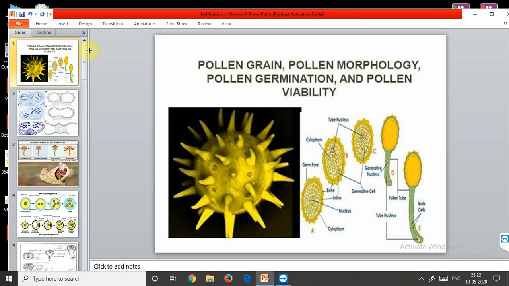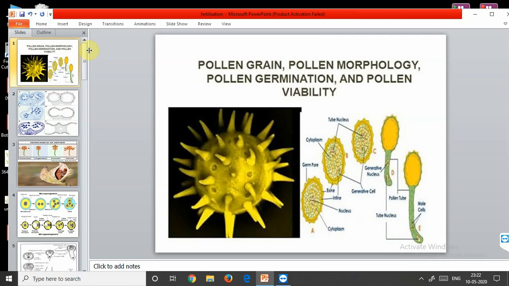So, we talked about the pollen grains. As pollen grain is the first cell of a male gametophyte, it is of utmost importance. Now, pollen grain is termed as immature male gametophyte. Why immature? Because it is not completely formed inside the anther, but the complete formation of the male gametophyte takes place in the female gametophyte. So that's why it is called an immature male gametophyte till it is transferred to the female gametophyte.